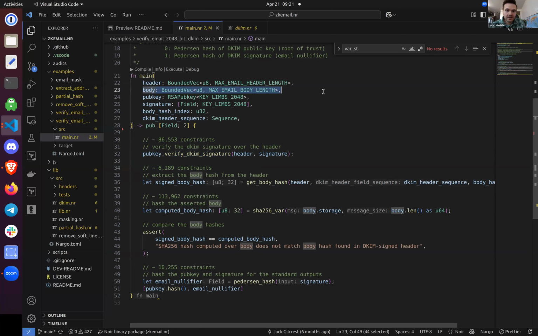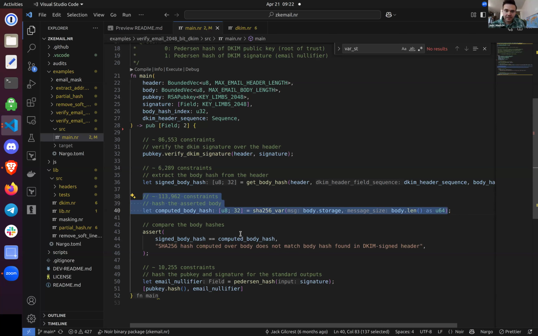Meanwhile, we have our body that we want to operate on. This is the actual plain text that we might want to do selective reveal over, or just check some information, right? We need to constrain that to be correct. So we basically just SHA-256 hash the entire thing. This is pretty expensive, right? Something like 100 constraints per byte, 100 gates per byte. We'll get into some tricks for that in a second, but